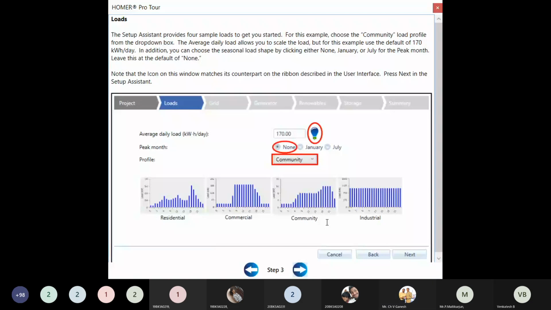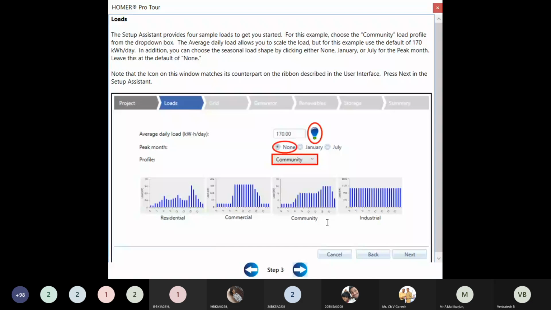The energy exported to the grid can be considered at some dollars or some rupees, and the energy imported from the grid is also considered at some dollars or some rupees. You can set that in the Homer software.